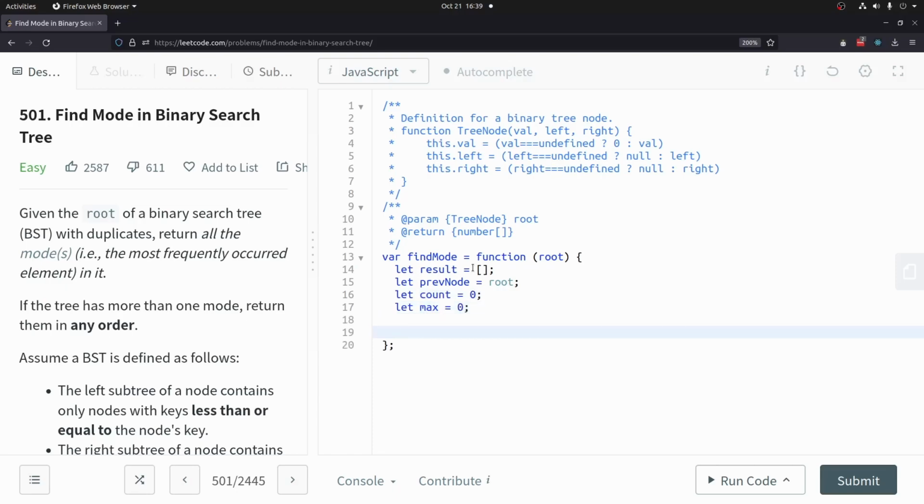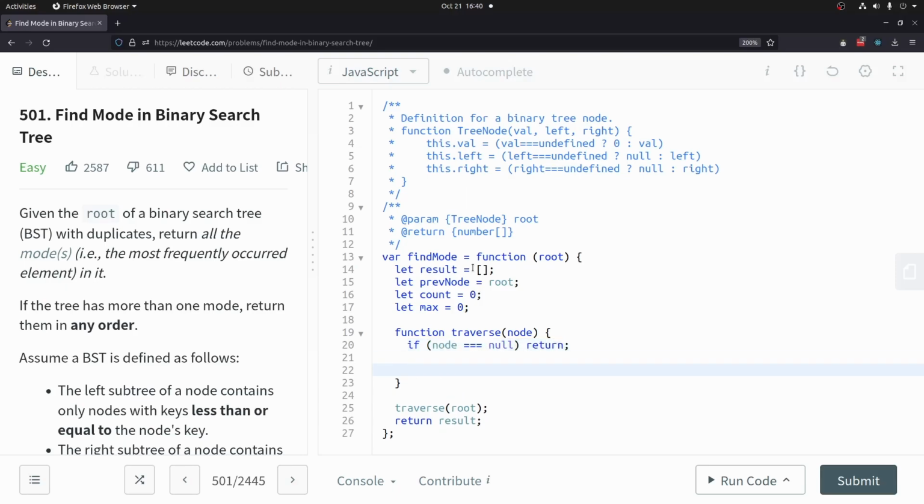Since we're doing depth first search, we're going to do a recursive function. So I'm going to call a function called traverse. This takes a node, and then we're going to call it down here with the root that we get, and then we're just going to return result. Now let's work on the inside of this traverse. If we come across a node that's equal to null, we're at the end of our branch, and so we'll just return. Now we need to immediately traverse the left side,